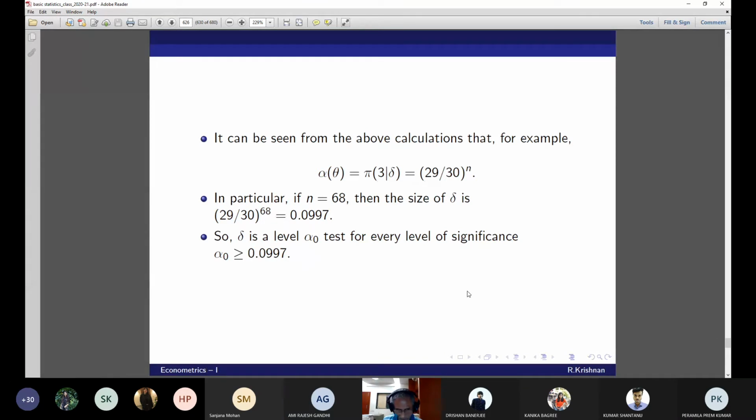Now, what is it according to this calculation? What is your level of significance that you understand as alpha? It is neither 0.5 nor 1, it is nearly 10%. Can we say this?